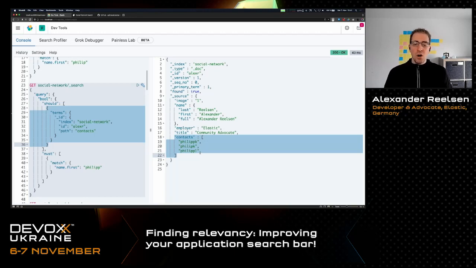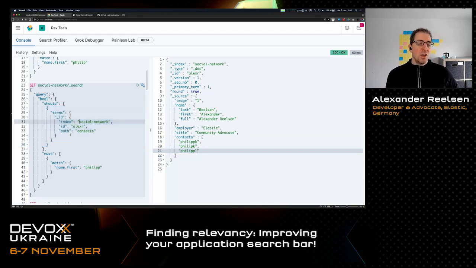So if I add a new contact, and that one is called Philip X or something like that, it gets appended to this list. And this query doesn't need to change. We can just run the same query, and the new contact would already be scored higher without any change. So it's a little bit dynamic. It just needs to look up these contacts before executing any query. So there's another step basically that needs to be taken. But this way we can do this sort of scoring.